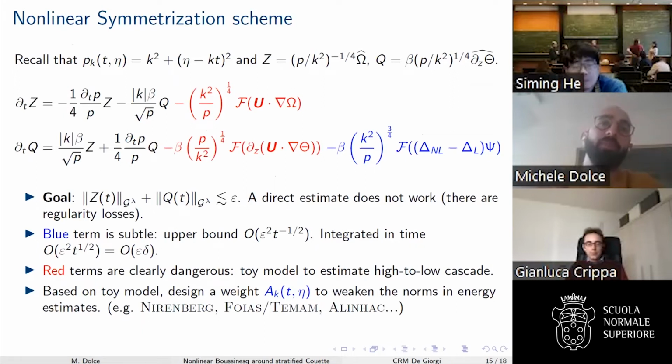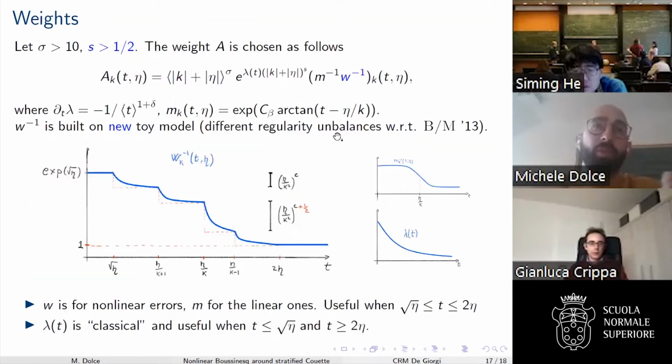For the sake of time, I just showed you what happens in the homogeneous case. Instead here, you need to consider what is the worst case scenario coming from this nonlinear term. So you need to reconstruct the cascading mechanism that will give rise to another Fourier multiplier. You should expect some different regularity imbalances because now some regularity is encoded inside essentially a fractional Laplacian of the vorticity. So indeed, the weight and the model are different with respect to Bedrosian and Masmoudi.